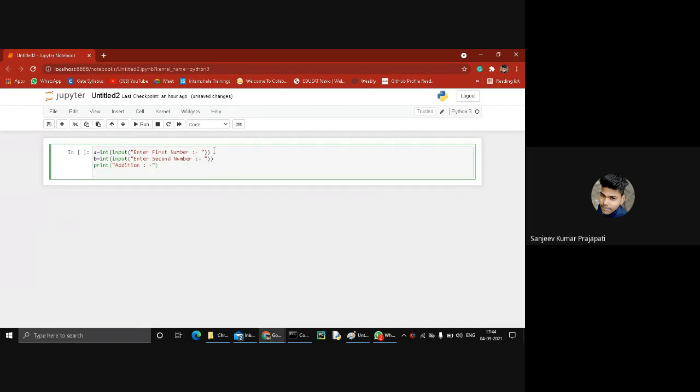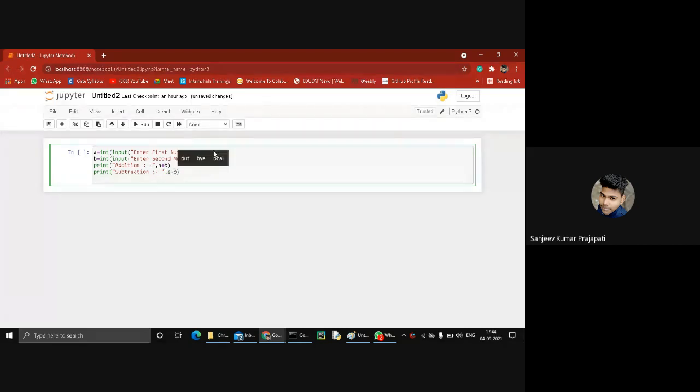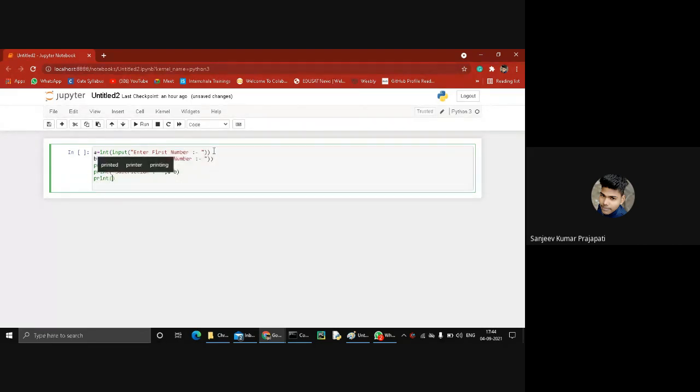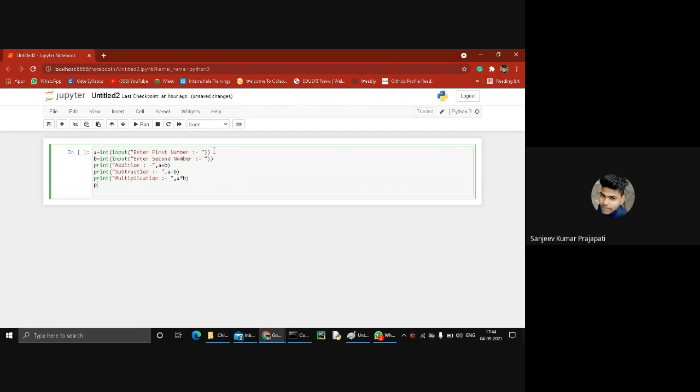Addition. Subtraction. A into B, multiplication. Division, A divided by B. And also print the exponent.